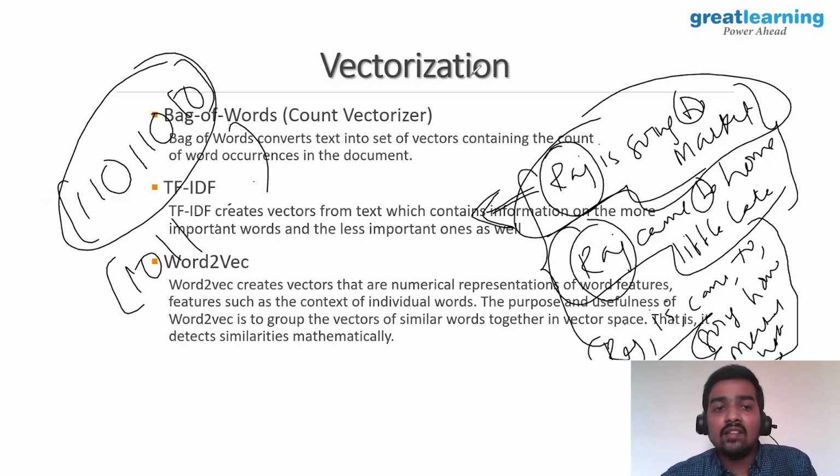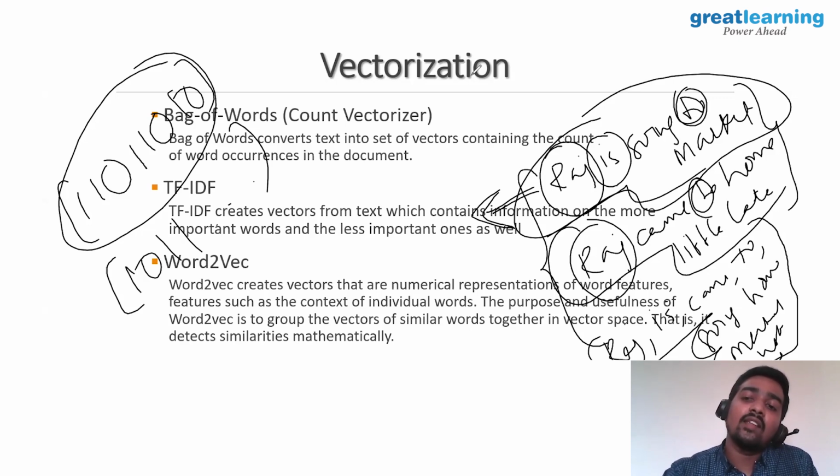So what is lacking in this bag of words? If you see the bag of words, we are just representing the counts, based upon the word occurrences in the document, whether the word has occurred or not, right? But what is the importance of the word? We are giving equal importance to words appearing in all the documents, like prepositions or stop words, along with the main important words like going, market, home, late, and the name of the person, right? So every word is being given equal importance, but that should not be the case, right? The model should be able to understand the importance of the words which add some value to that sentence, right? So this is not happening in this bag of words way of vectorizing.